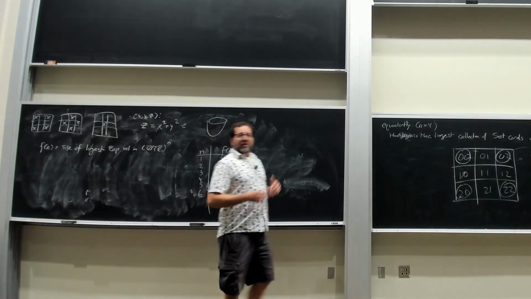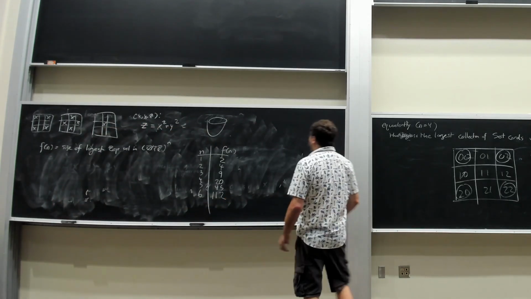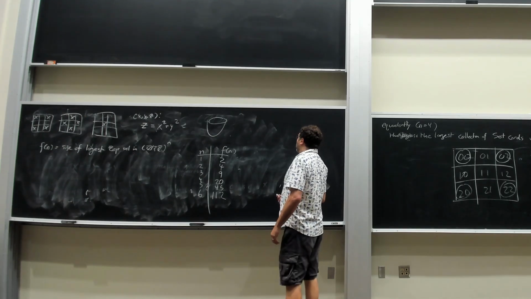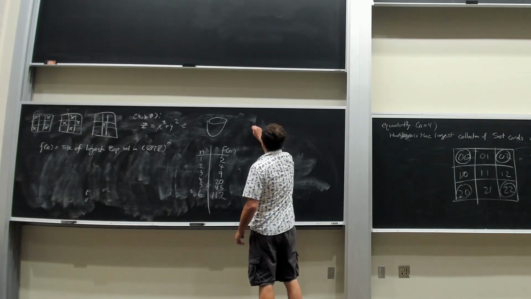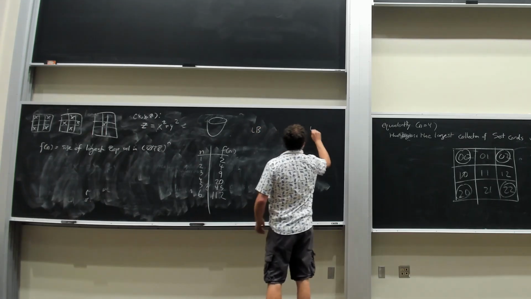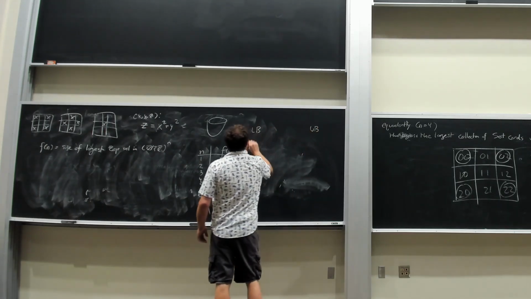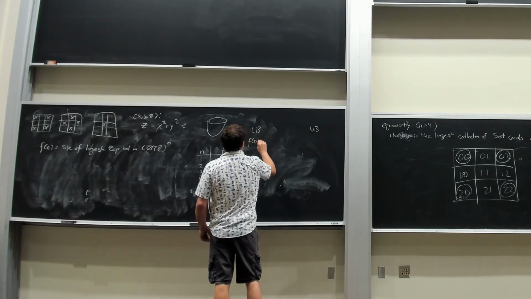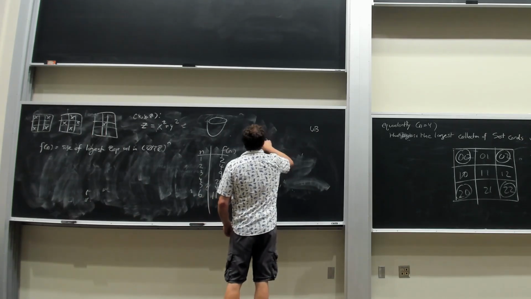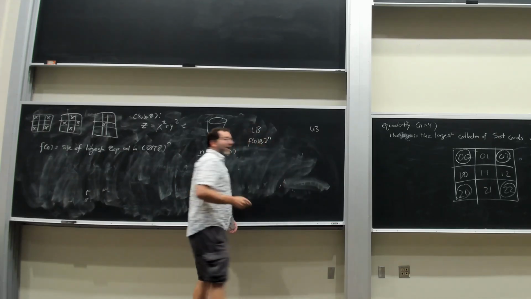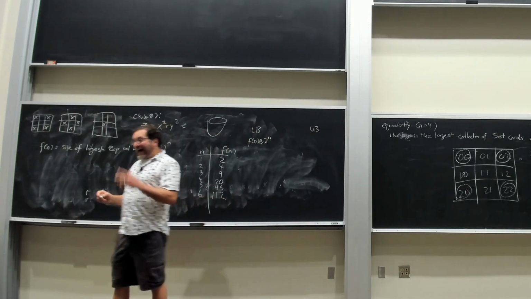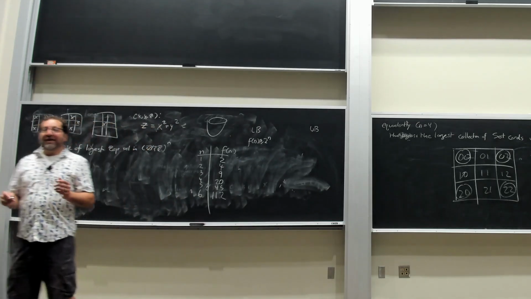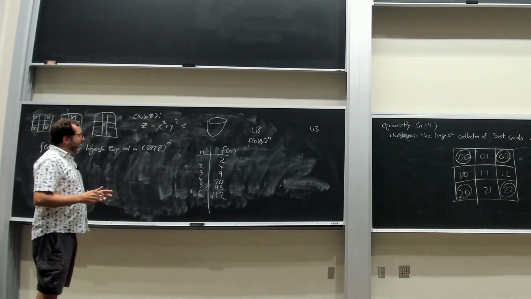I think for a long time, so let me say what was known about this problem. Maybe I'll put lower bounds over here and upper bounds over here. I already explained that f of n is at least 2 to the n because we explicitly constructed a subset. But actually it's a little bit better than that, because if I have,